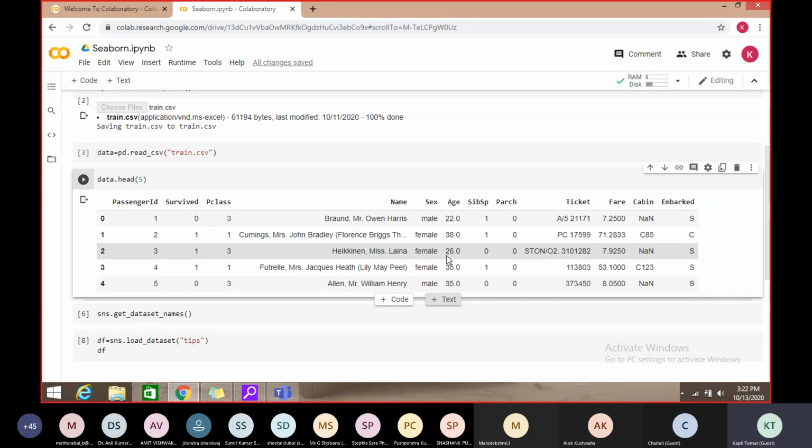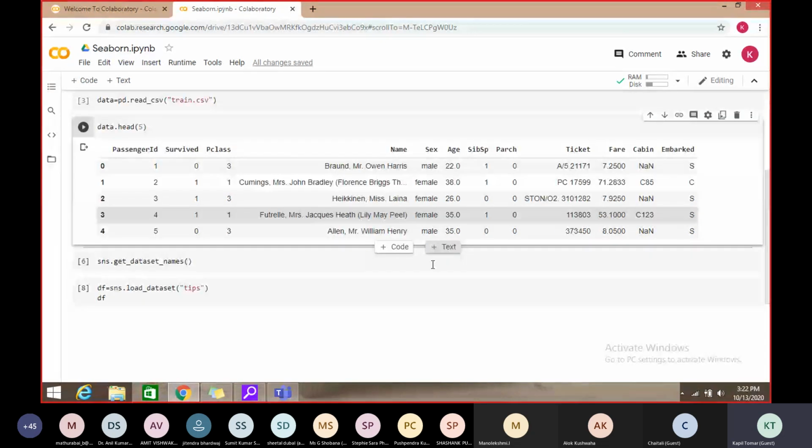Inside the ship. With the help of outliers I can detect it, or there are so many ways to detect the outlier, right? And outliers can be univariate or multivariate. If the outlier corresponds to one column, then we call it univariate, and if it corresponds to more than one column, then we call it multivariate, right? An outlier is defined as a data point that is far from the rest of the data.